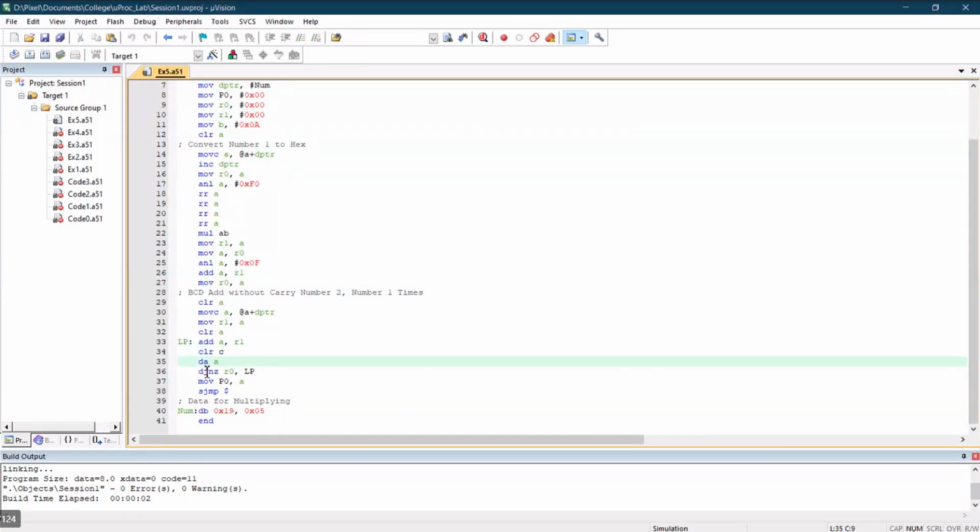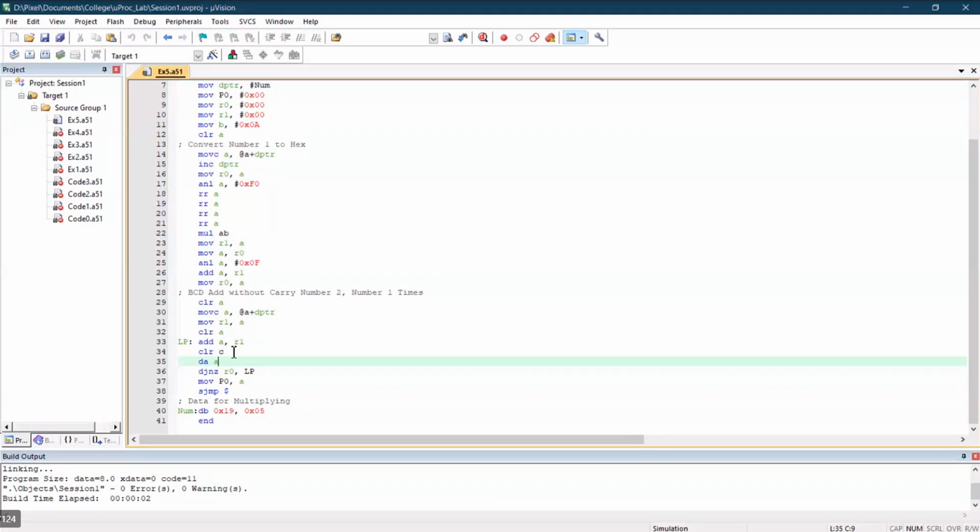Once the addition is done, you need to make sure that the number you get is BCD because you're also outputting in BCD. So the DAA command is decimal adjust, and it sees at which point it should add a 6 or not, either 6H or 60H, depending on whether there is a carry or not.